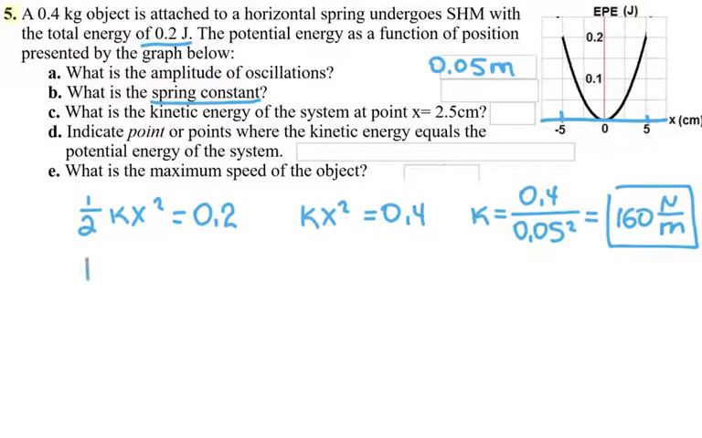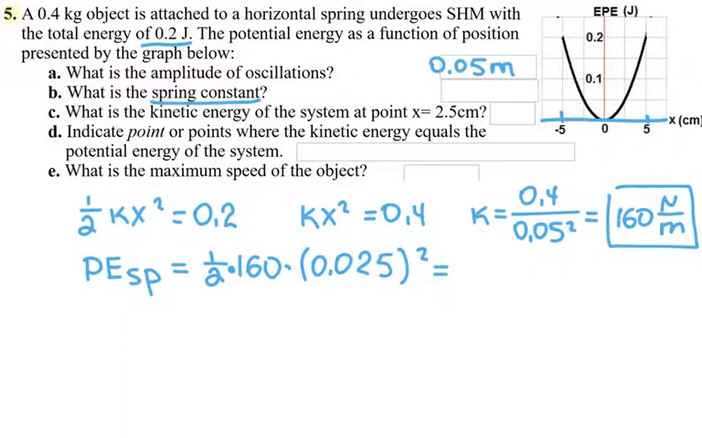So my potential energy of the spring at 2.5 centimeters is equal to 1/2 kx squared. k is 160, and if I convert 2.5 centimeters into meters, that's 0.025 squared. So that's 1/2 kx squared, and that will give me 0.05 joules. So that is the potential energy, and the total energy that they give you at the top in the statement of the problem is 0.2. So the kinetic energy is the rest of it. So that is